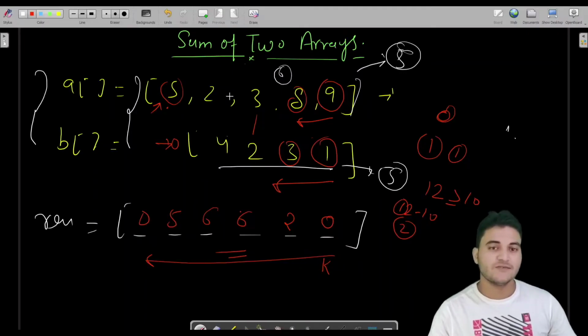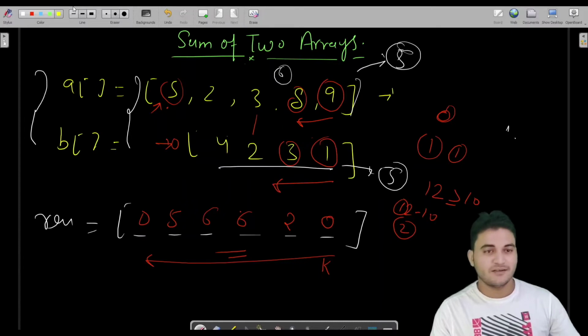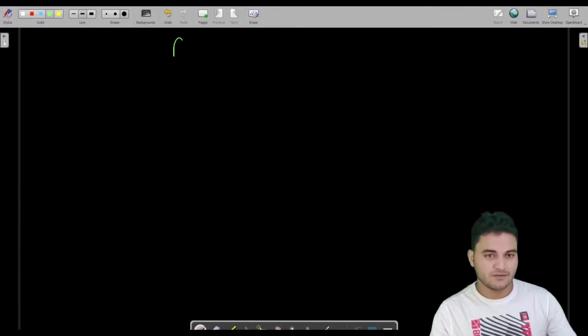Fine. So this was the previous explanation which I did for adding two arrays, or the sum of two arrays, and the difference of two arrays is going to be very similar. I want you to try it on your own first, and if you are done with your trial, then continue with this video. This was the explanation for adding two arrays; the logic for the difference of two arrays would be the same. Let us see what would be the difference.